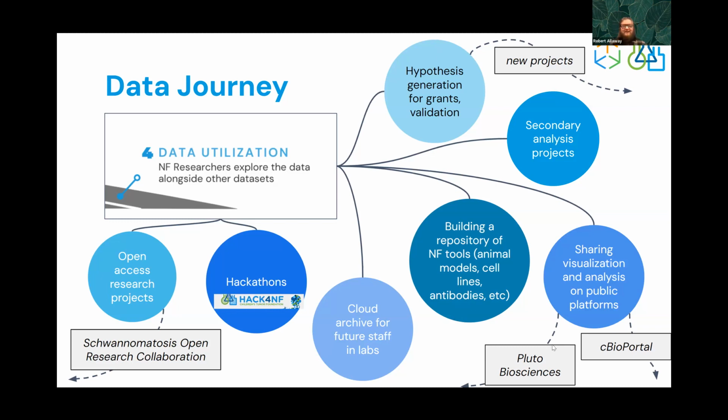And then just finally, a big push in the past year or so has been trying to get data out of our portal. And so trying to figure out how we can plug it into various visualization and analysis platforms that exist in the ecosystem. So in the last year, with support from NTAP, we've been pushing a lot of the genomic tumor data that we're collecting to cBioportal, which is one of the repositories that people use for exploring genomics data in cancer. And then we're also exploring collaborations with Pluto Biosciences, which is a low code or no code analysis environment that people can use to explore data without being a bioinformatician. So that's upcoming.